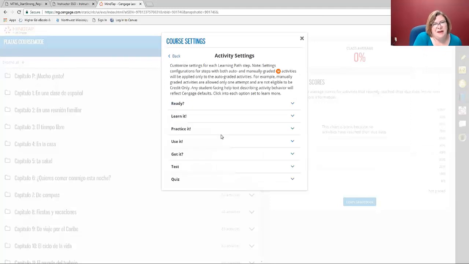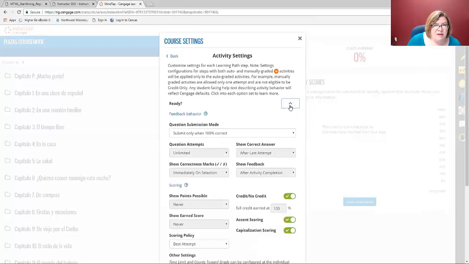So the activity settings, if you're familiar with MindTap at all, it's based upon that 5-step learning process. The ready, which is the pre-learning activities, the learn it, which is actively learning it, practice it, which is making sure that we know the activities by practicing them. The use it is creating in the language, whether it's speaking or writing. And the guided is a review activity. Now, going through those activities, the way that we can manipulate them is we can actually change the way that the whole set behaves by clicking on it.